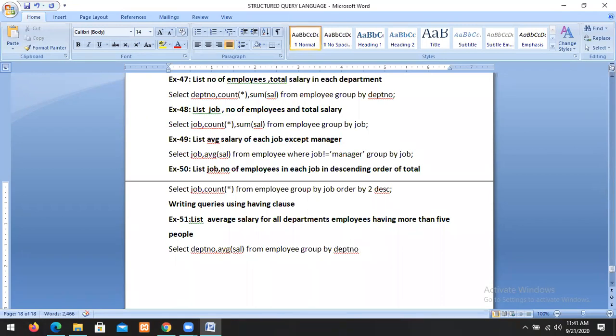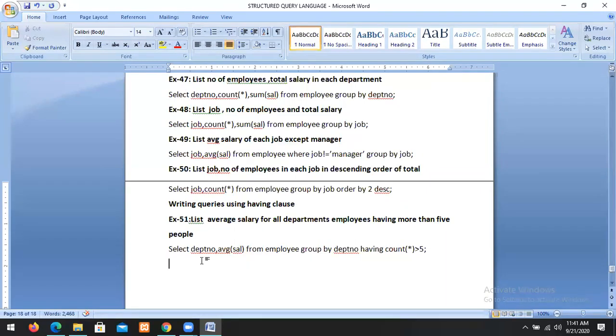To display the department average salary with a condition, we write group by department number having count star greater than 5. So we can display the details of the employees' average salary.